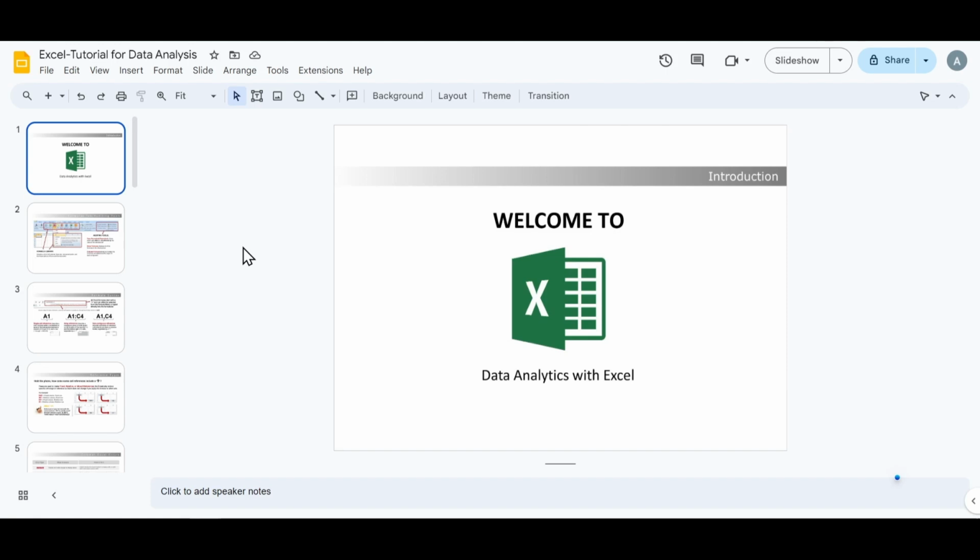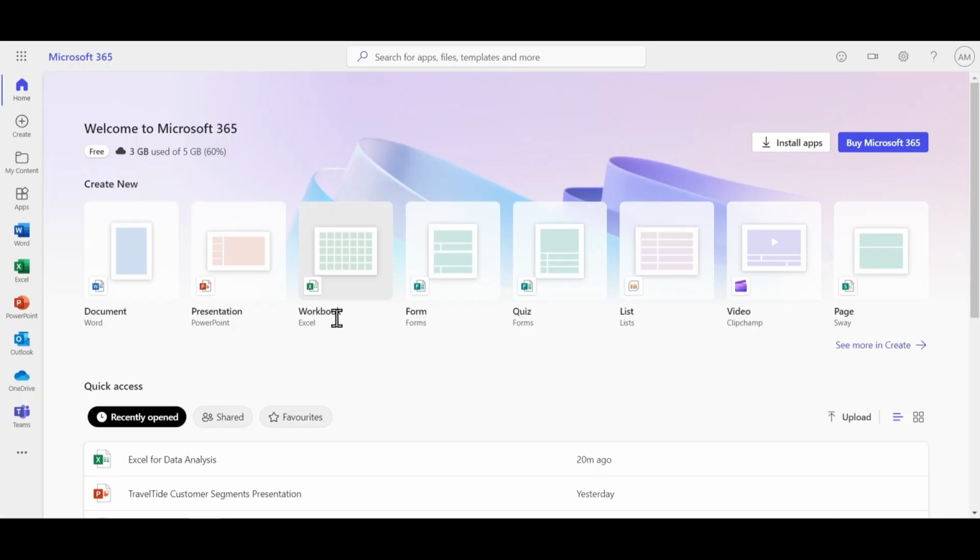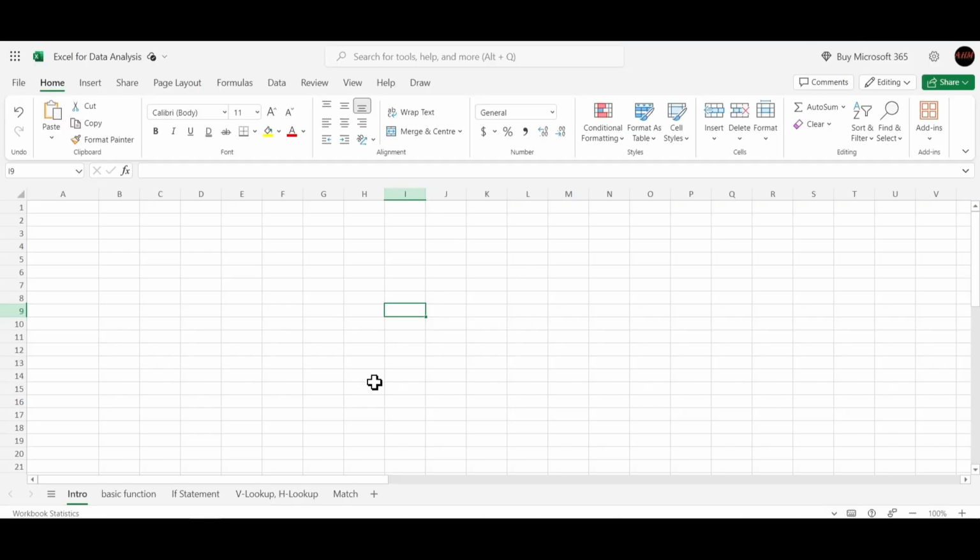In this tutorial, we'll learn data analytics with Excel. We'll use the web version of Excel. So we'll go to the web and search for Microsoft 365, and then log into this interface. This will appear, right? Here we need to choose this workbook to get into our main sheet where we'll work,